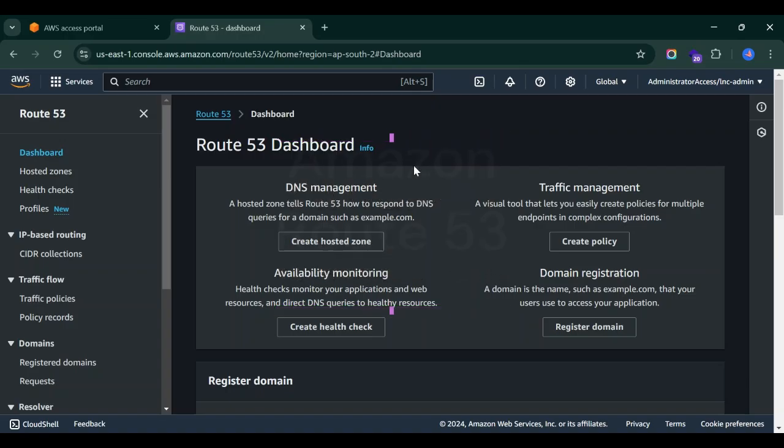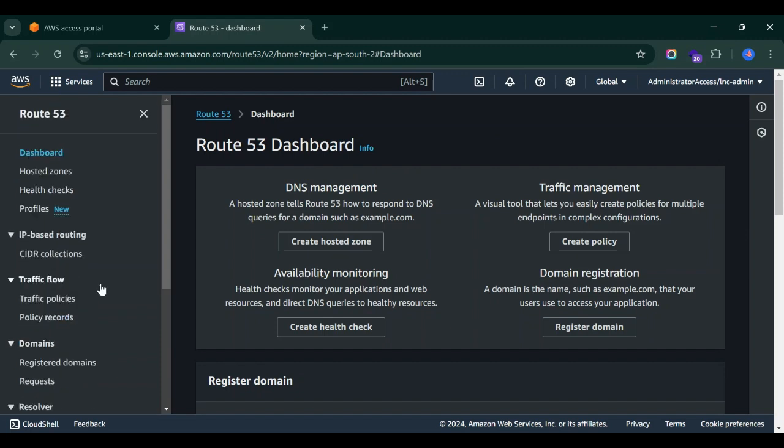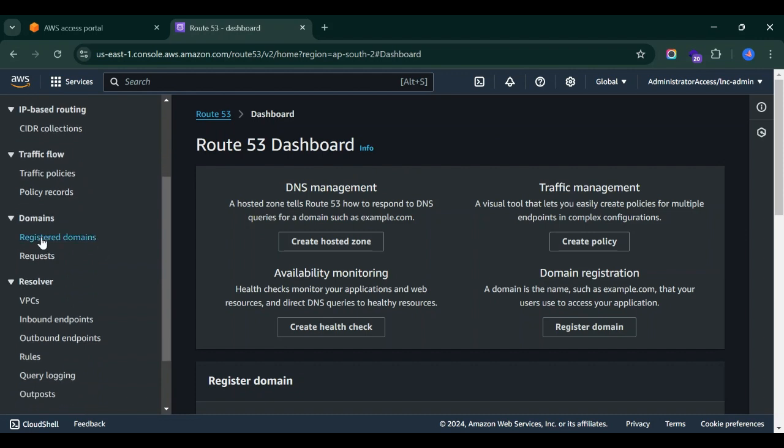Hey guys, today we are going to see about the Route 53 service in AWS. Route 53 is a DNS service where we can register a domain, or we can register a domain with a different DNS management provider, and then have a hosted zone in Route 53. So if you click register domains,